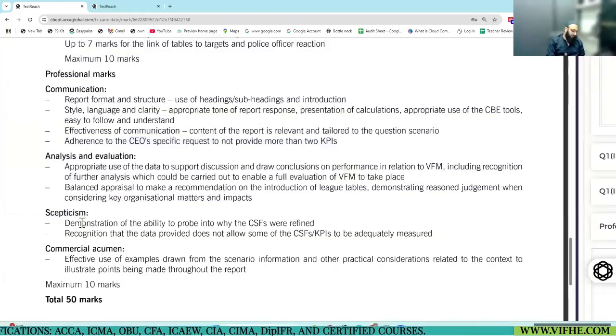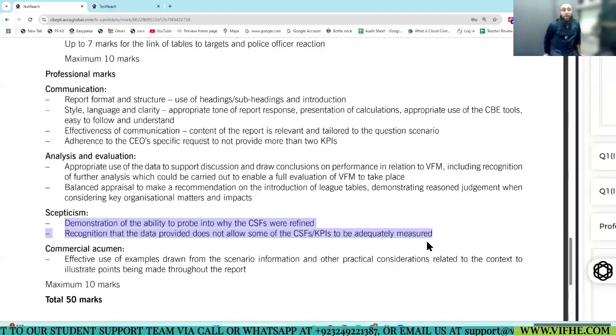Skepticism. Demonstration of ability to probe into why CSFs were redefined. You had to explain why CSFs were redefined, the reasons for that. So you should have this ability to probe into it. Why? Remember, listen, 4 technical marks you were getting for this, and this student did manage to grab all 4 marks.